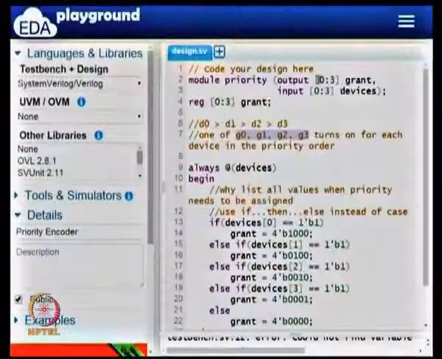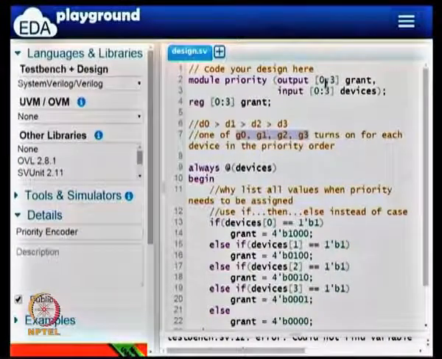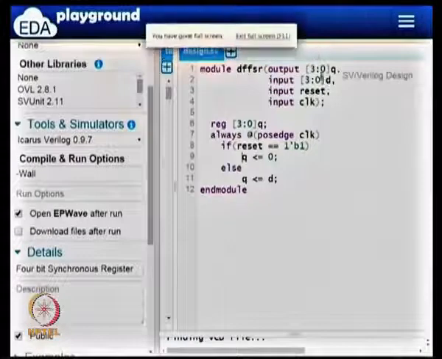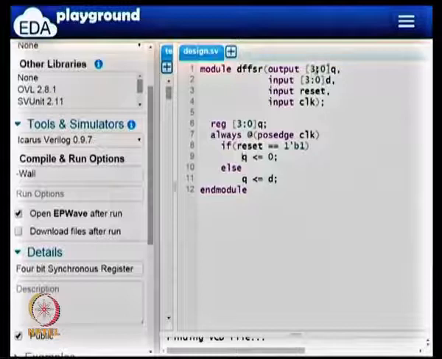If you declare something as 3 to 0, the leftmost index is 3 and the rightmost index is 0. So depending on how you declare, you have to interpret the bits appropriately. For the devices and grant, I said the leftmost should be called 0 and the rightmost should be called 3, whereas in the D flip flop, I said the leftmost bit of Q is Q of 3 and the rightmost bit is Q of 0.